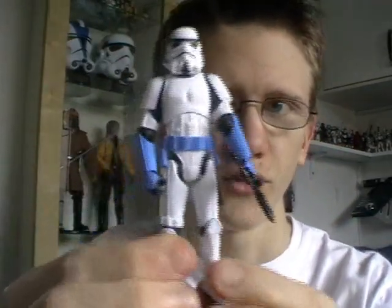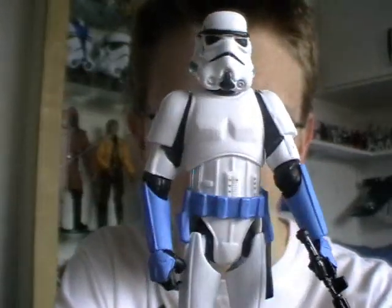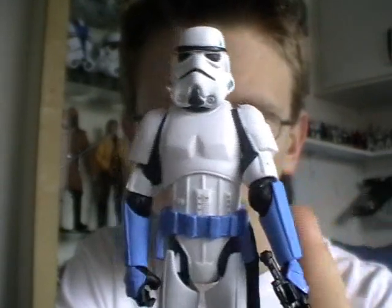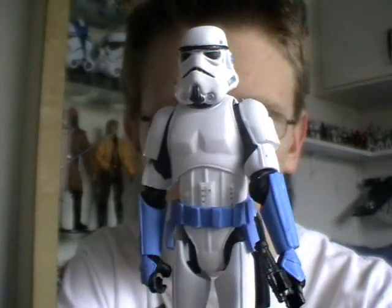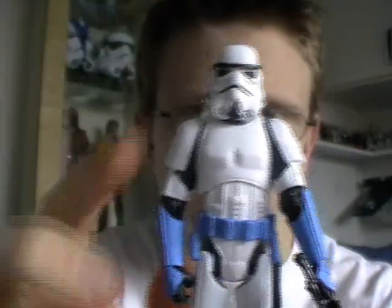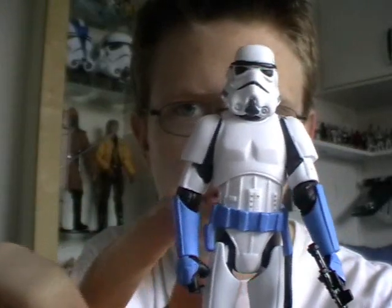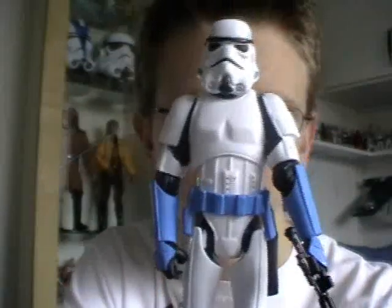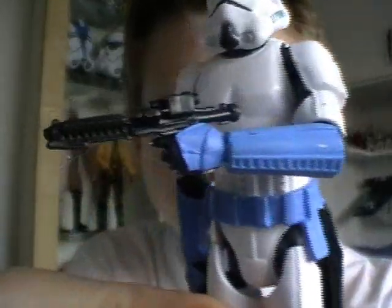The main reason I got this pack, obviously, was for this really cool looking Stormtrooper. This is again a repaint of the vintage OTC figure. Obviously just given the blue forearms and the blue belt to match the comic. Articulation is superb on this figure. He's got the ball jointed neck, shoulders, elbows, swivel wrists, a ball jointed torso, swivel hips, ball hinged knees and ball hinged ankles. Of course, it does come with the Stormtrooper rifle,